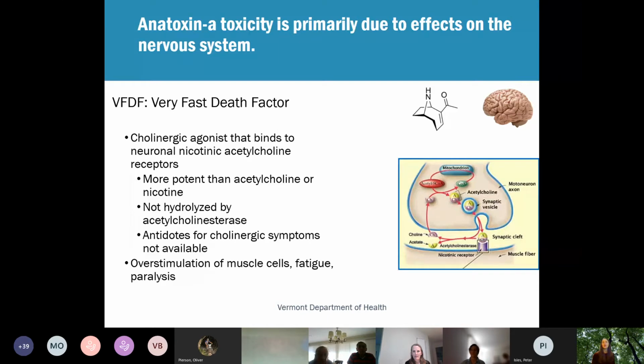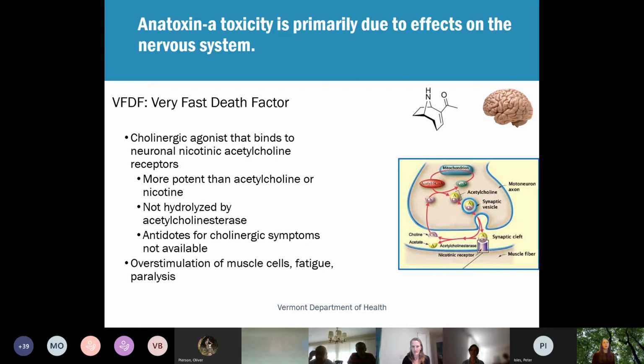So in the brain, our neurons send out little chemicals that make our body breathe. So that's a really important function. It makes our muscles contract and relax. And of course, our diaphragm muscle is one of the most important muscles that we need to contract and relax. So anatoxin interferes with that signaling in the brain. And because it binds so tightly, our body's natural clearing system, the natural way that we can make our muscles relax, doesn't work if anatoxin is bound there to that neuronal cell.